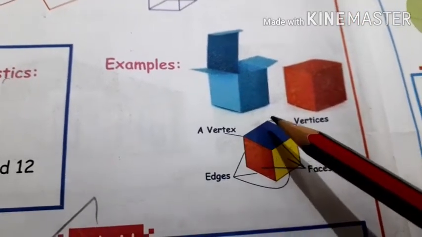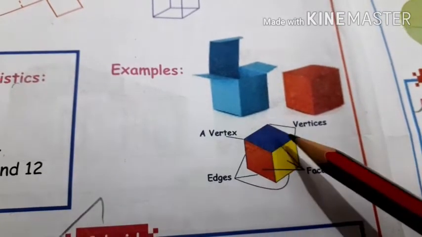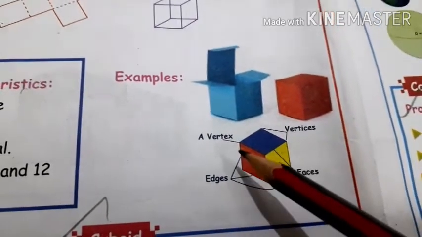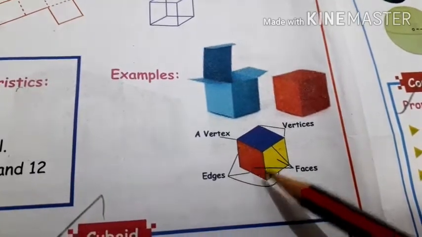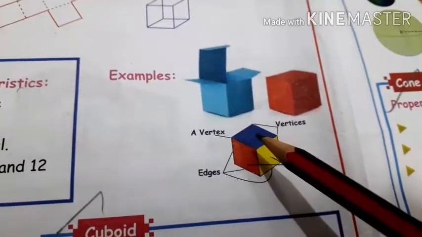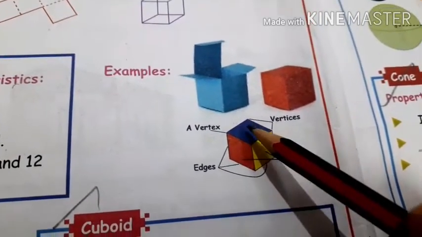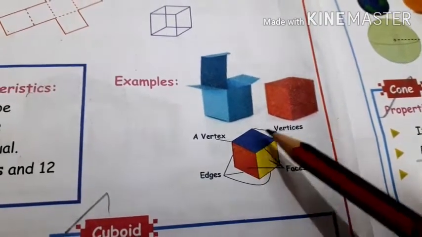From this edge to this edge, in the corner is what we call the vertices. Edges, in the edges, 1 2 3. So this and all are edges. Faces means this top, these are the faces 1 2 3. So this and all are faces.